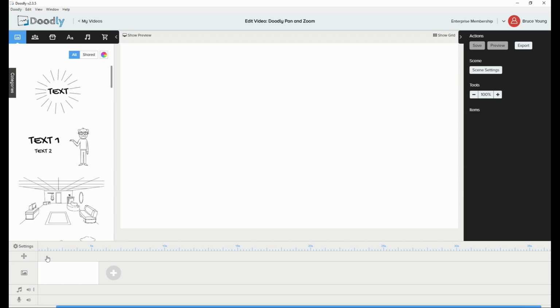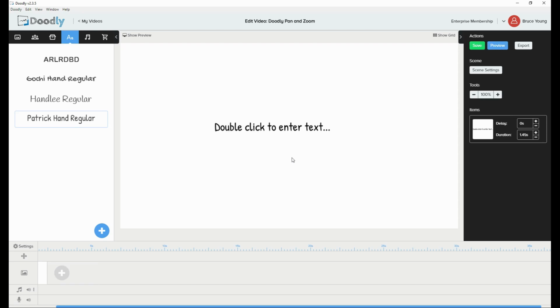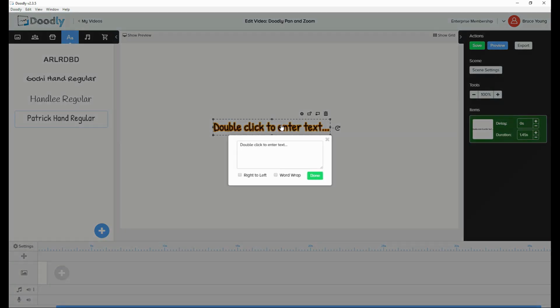So the first thing we have to remember when it comes to creating the pan and zoom is to use your canvas. Don't be scared to use your canvas. So let's have a look. Let's just go with the standard font there. Let's say, plan your canvas